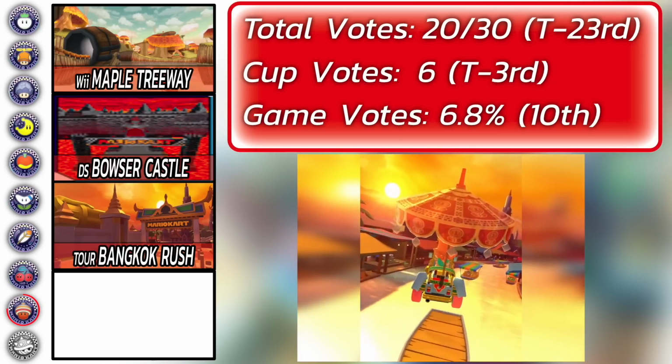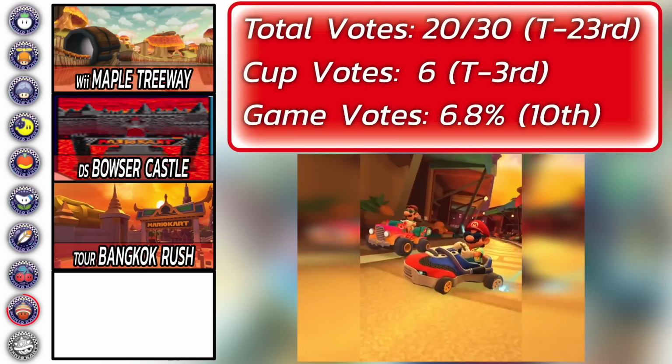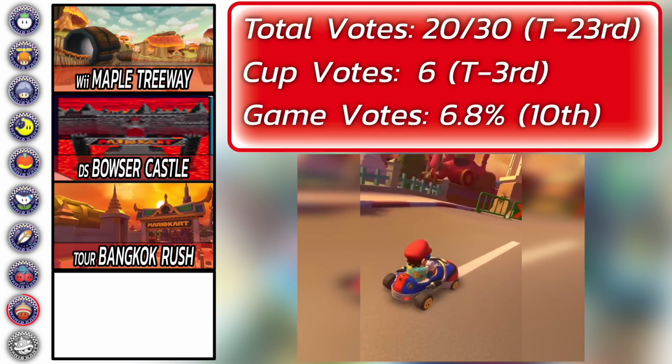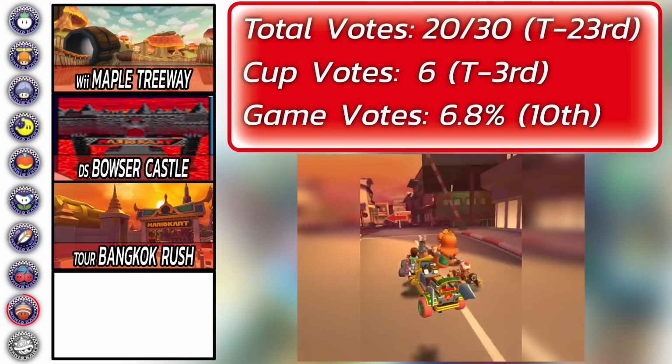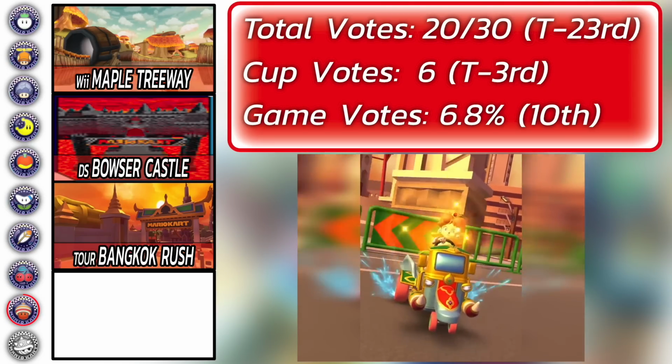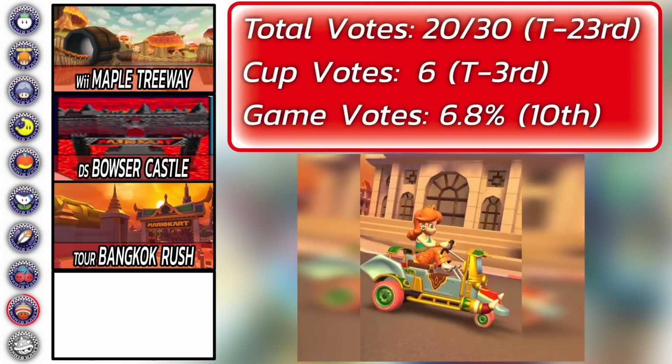And then the other votes that were Tour Future Track 2, 3, 4, 5, 6, I counted them as their own separate track. But Bangkok Rush here, replacing the first Tour Future Track votes, 6 of those original Tour Future Track votes were for this Acorn Cup, which ties it for 3rd place. Not bad at all. So with all that explanation out of the way, we'll get to the last track here